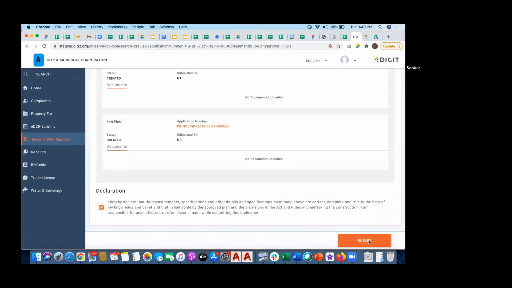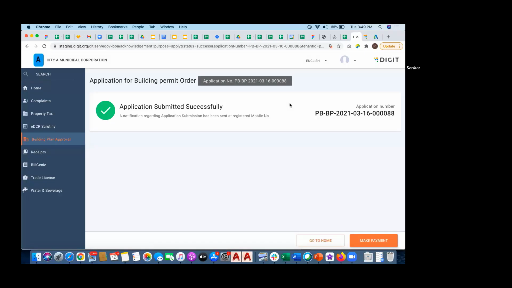And submit this application. After submitting the application, either I can make a payment as an architect on behalf of the citizen, or I can log in as a citizen and make a payment. Both are possible. Or I can go to the counter in the ULB department office, search for this application, and then make a payment. All three modes of making a payment are possible.